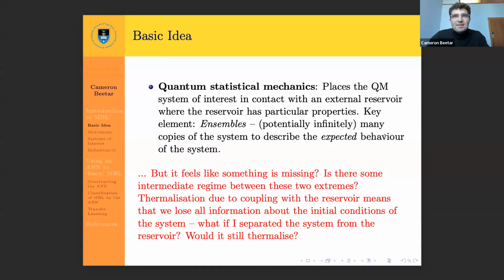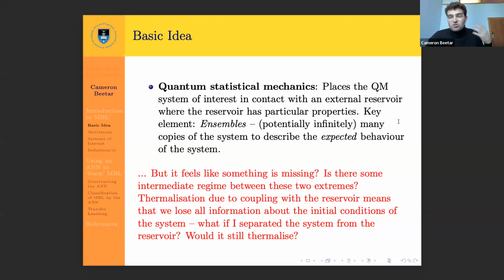But in going from quantum mechanics to quantum statistical mechanics, it feels like we've made this big jump. So we've gone from a small number of quantum particles to a small number of quantum particles in a big classical object. What happens when I separate the quantum particles from the classical object? Will it still thermalize? So that's the thing that we typically see, where a quantum system equilibrates. And so we want to know, if I make that quantum system big, what is that?